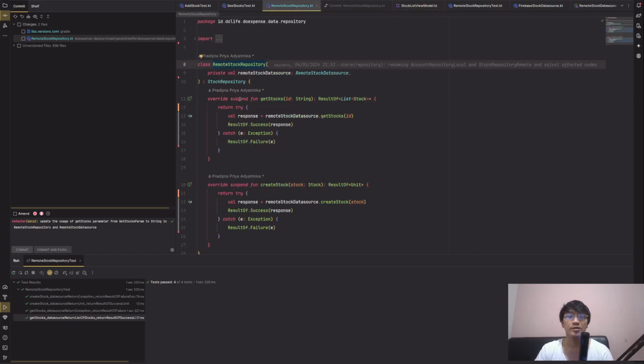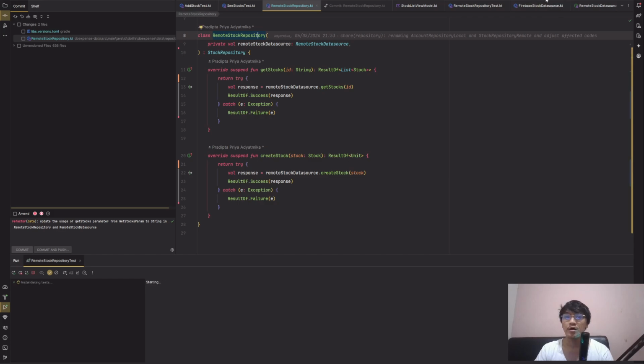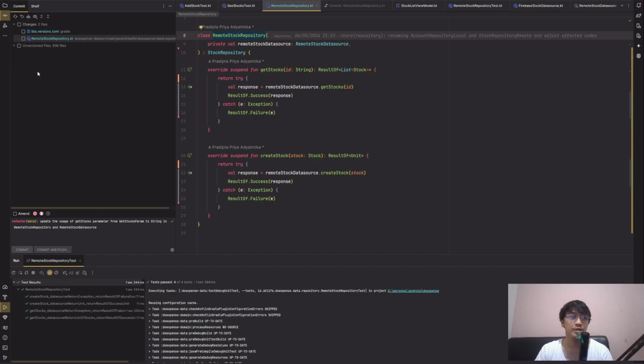So I need to remove the coroutine dispatcher in my repository. So we have done it. Run is also good. It's all green. Then let's commit. Commit refactor. Repository should be in data, and the commit message will be: remove coroutine dispatcher from remote stock repository.